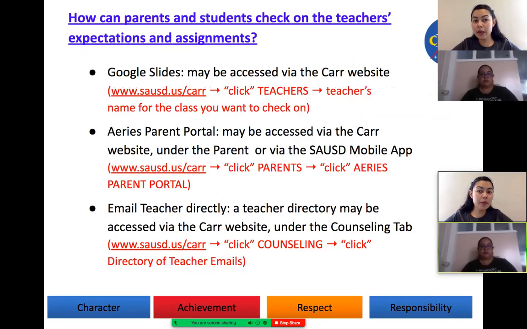Finally, how can parents and students check on teachers' expectations and assignments? This is a question that we don't often get asked by students, but we do get asked a lot by parents. How can I check what my child is supposed to be working on when they're at home? How can I check if my child is completing their assignments? The way that you can check what the teacher's expectations are and the assignments is by going to Google